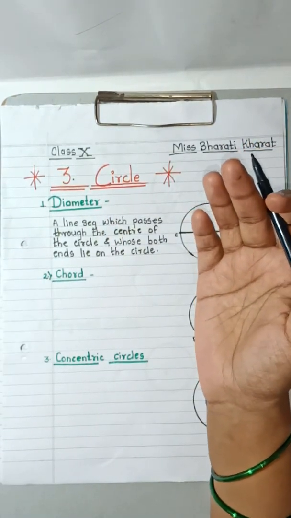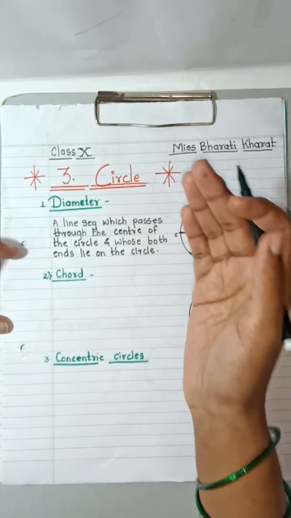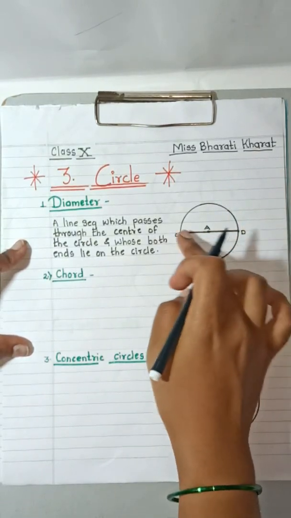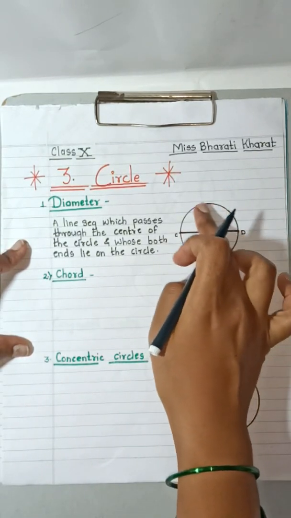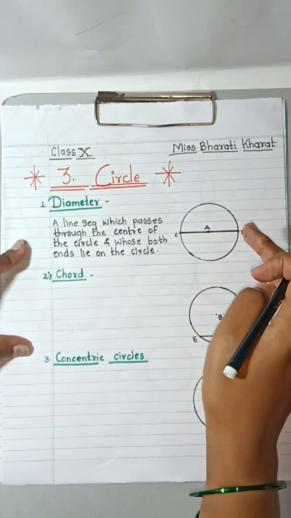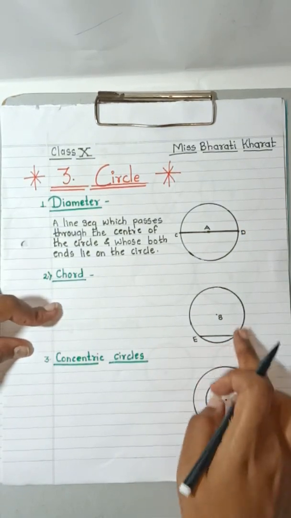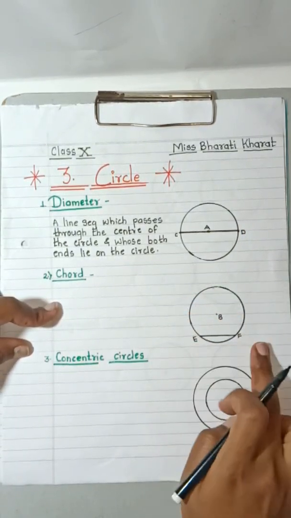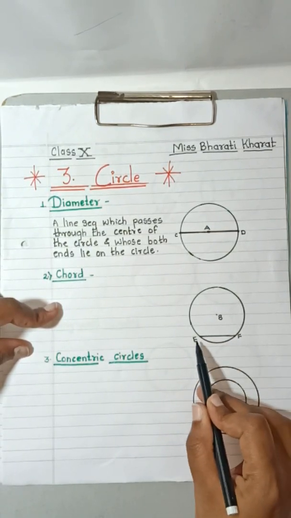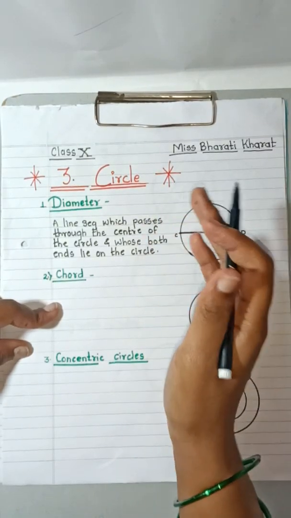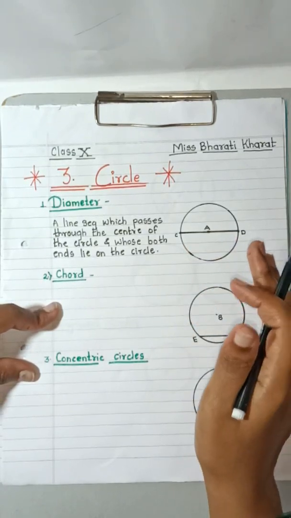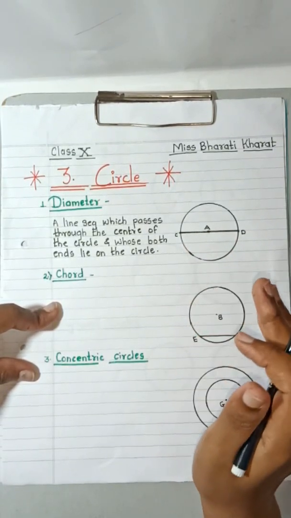Okay. Now children, let us move on towards the next point, that is chord. Now what is the chord of the circle? A line segment, as you saw, is passing through the circle. Here in case of diameter it is passing through the center of the circle, but in case of chord, as you can see in figure 2, EF is the chord of the circle. You can see the end points E and F lie on the circle. Children, for your extra information I may tell you that this CD is also a chord of the circle. It is called the longest chord of the circle.